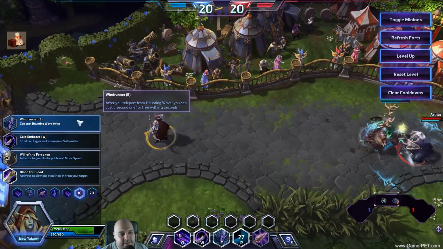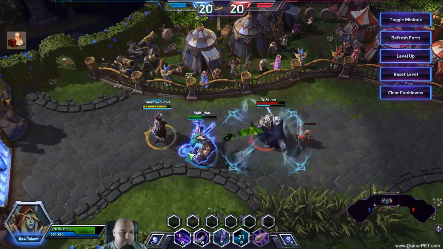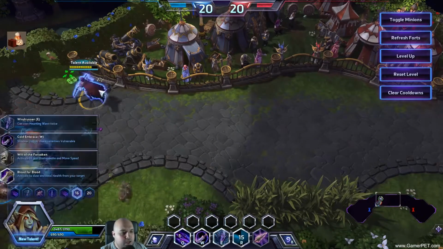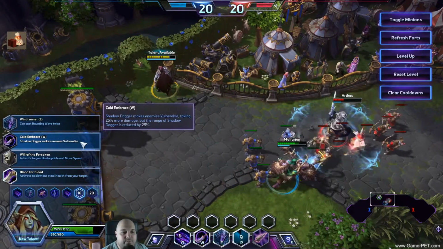Now, this is another thing. At level 16, you will be able to cast Anti-Wave twice. You will be able to go in and then after you teleport, you will have something like 2 seconds to cast again for free. So you will be able to go in and then go out. But it's very risky. What I like, however, is Shadow Dagger makes enemies vulnerable, taking 25% more damage, but the